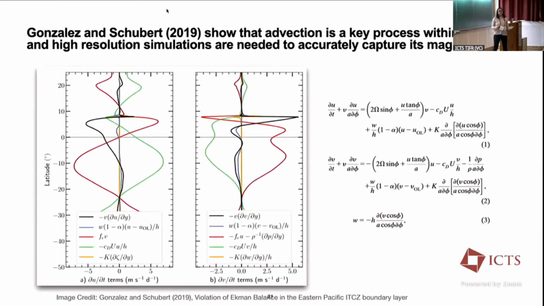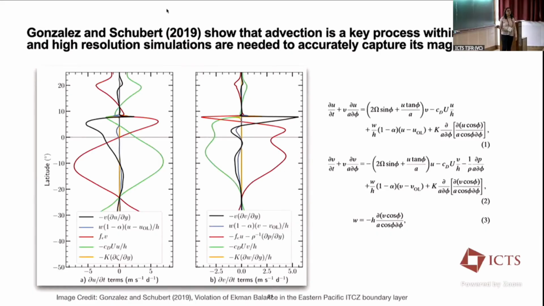So the last study that I want to talk about in this section is the study by Gonzalez and Schubert, where they solve the equations given here on a sphere. And they try to look at what the relative importance of the different terms is: how important is advection with regard to Coriolis, with regard to friction. There's a lot going on here, but the color that I want you to focus on is the black curve. And look at the second panel, which shows the